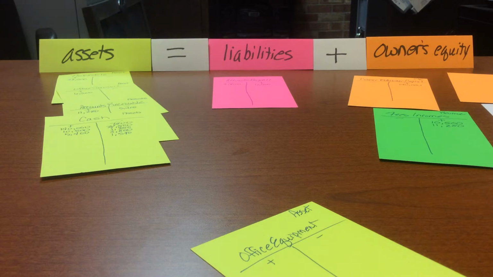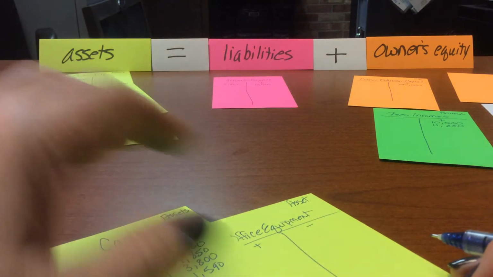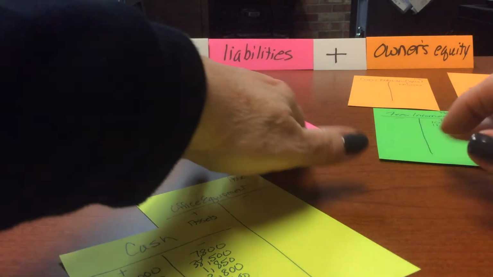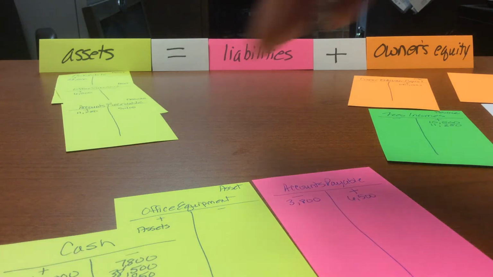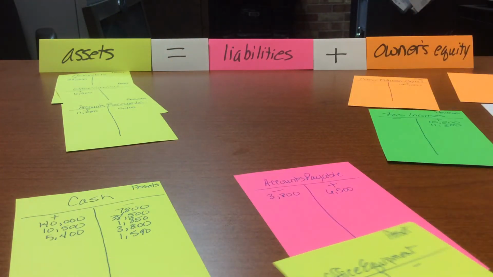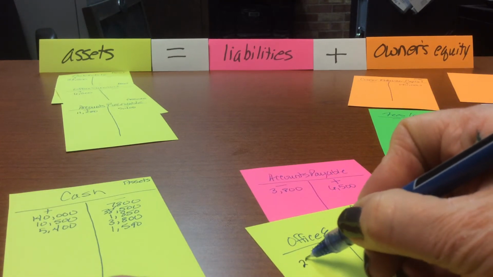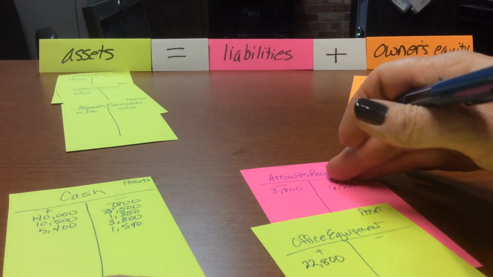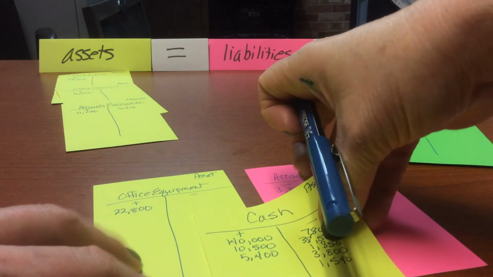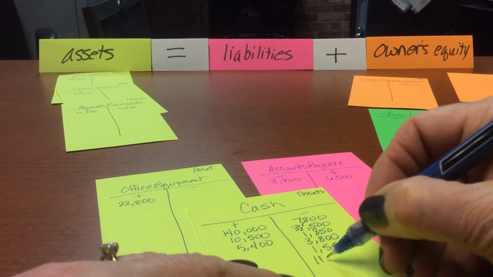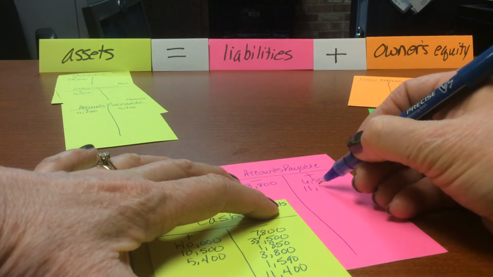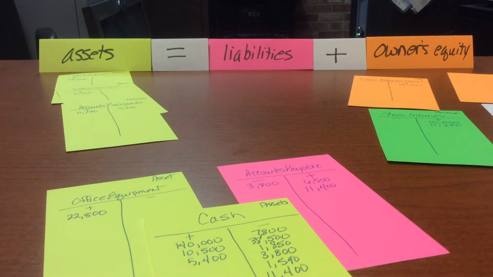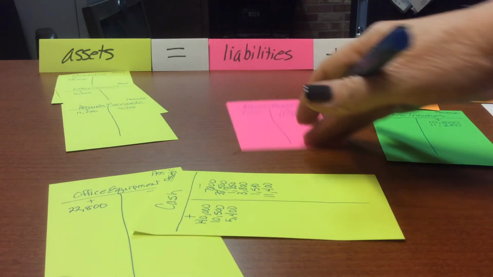Okay, and then we're going to pay for half of it with cash, so we'll need the cash account. And we're going to pay the rest later, so we're going to need a liability account. Okay, and let's see. We're going to record the entire asset under the asset office equipment, and that is $22,800. Okay, we're going to pay for half of that. So we're going to pay $11,400, and we're going to owe the other $11,400 under accounts payable. So we made 3 entries, but the left and the right hand sides of the T's equal. Okay, moving on